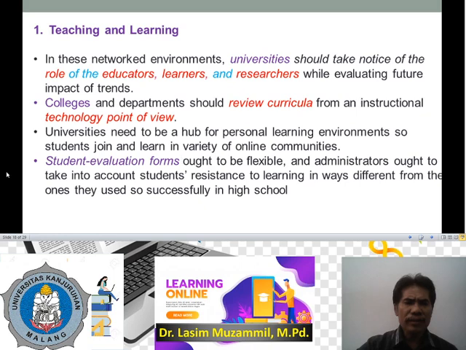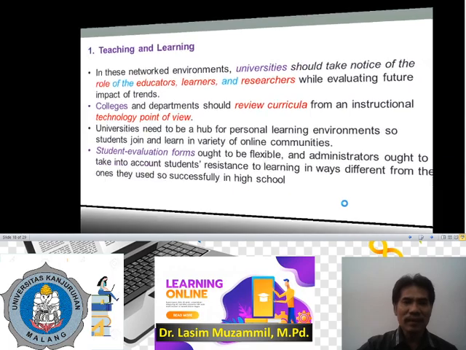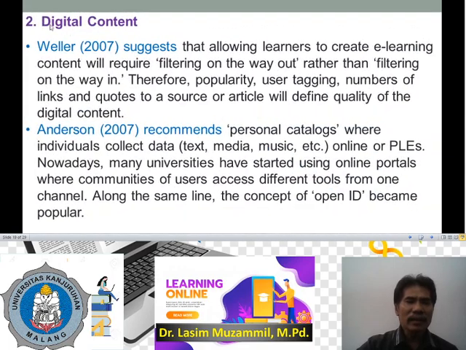A student evaluation form should be flexible. You don't have to be so strict, meaning that one. Okay, suggestion number 2, digital content. We have a researcher here, Weller, 2007, who suggests that